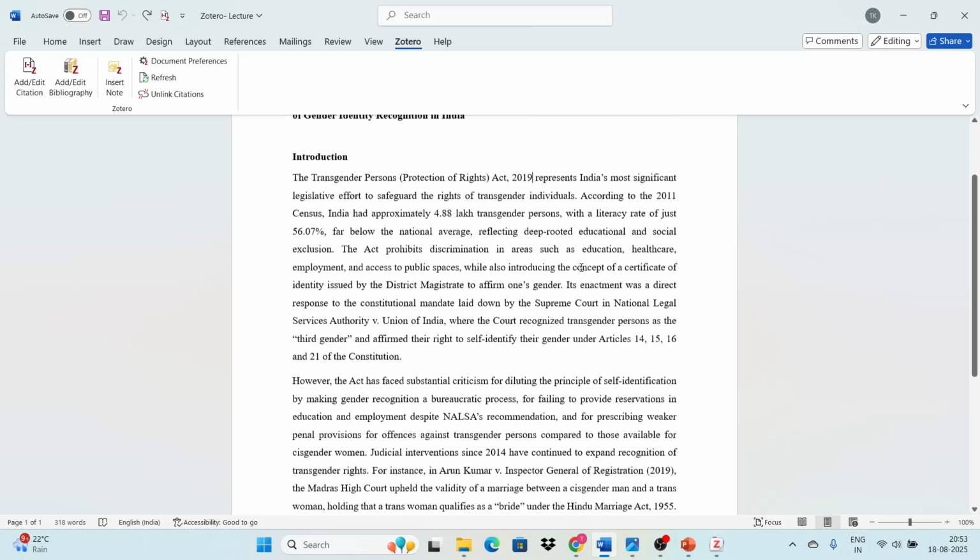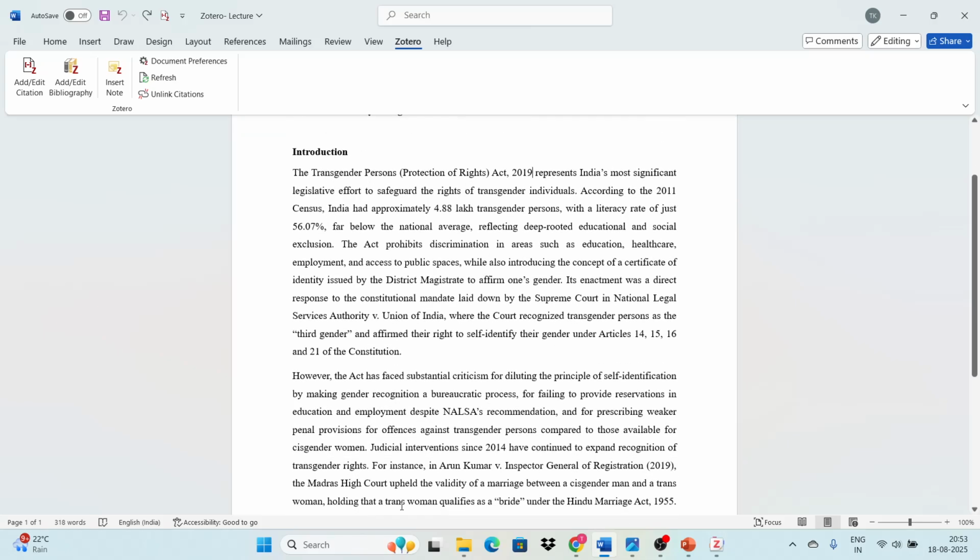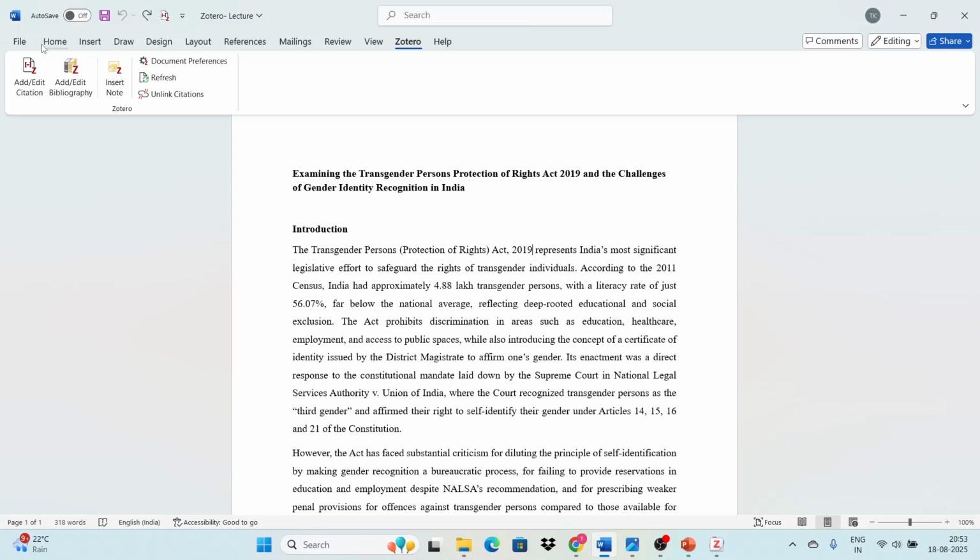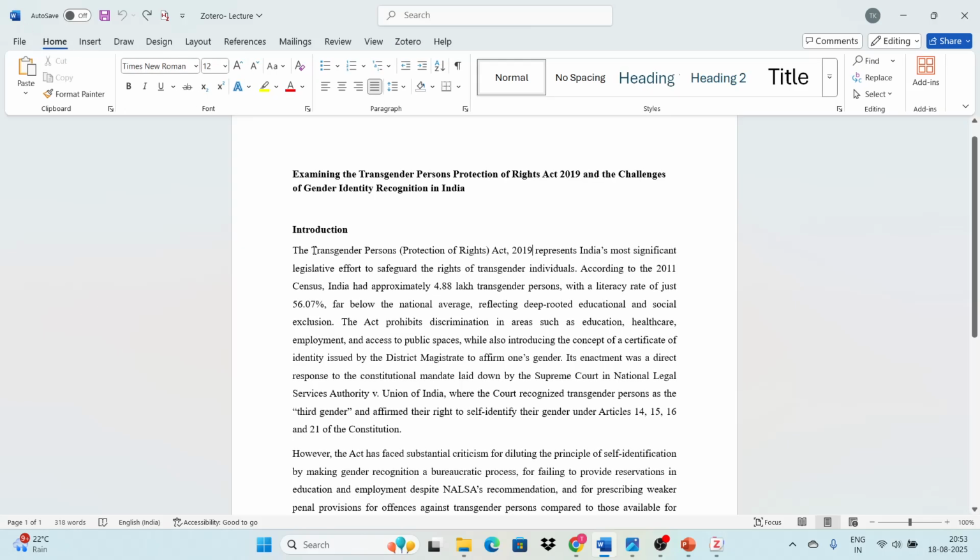Okay, so my citations are removed. Here I want to give citations to this particular document. Firstly, this is the bare act that I have mentioned in my document, and now I want to give citations to the bare act directly, right? So I have to first,